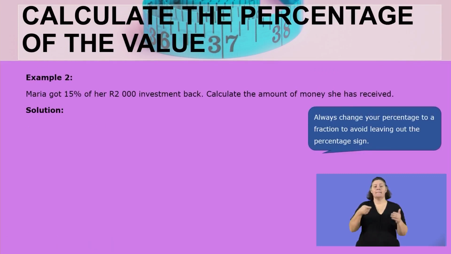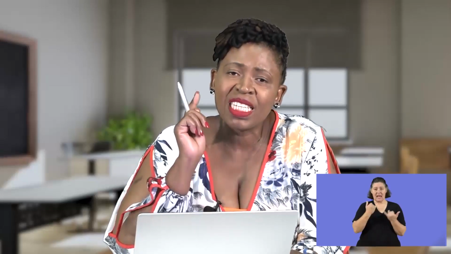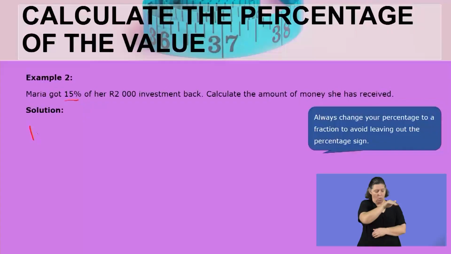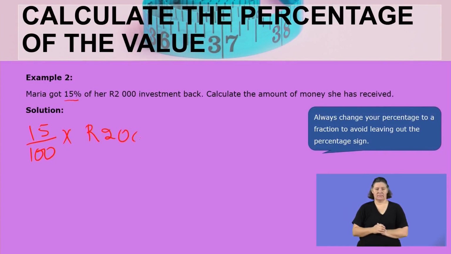Maria got 15% of her 2,000 rand investment back. Calculate the amount of money she has received. To calculate this, we already know that if you have 15%, we need to express it as a fraction first. So we express it as a fraction, and we will have 15 divided by 100 multiplied by 2,000 rand. So let us press the calculator together. Then we have 15 divided by 100, and then we multiply this by 2,000 rand, and then what we get is